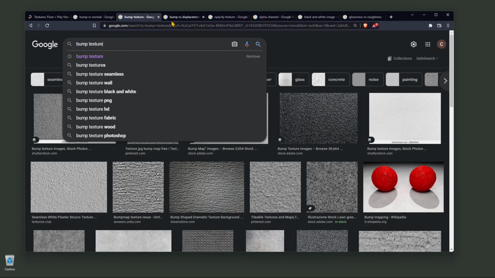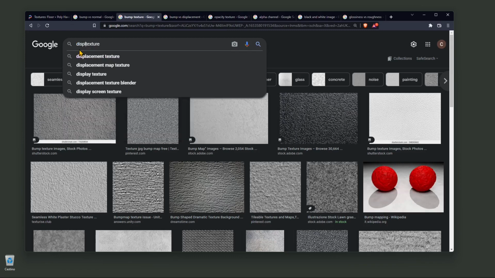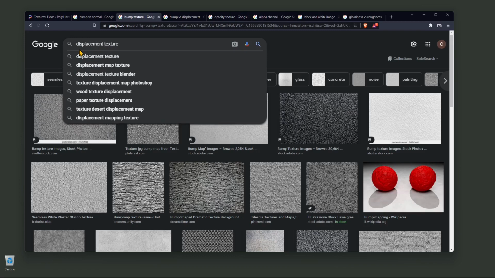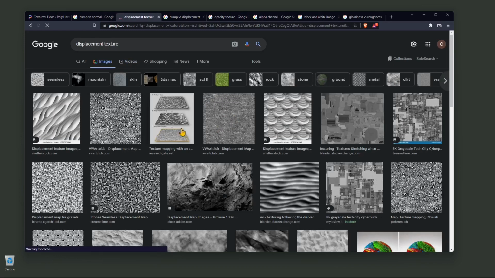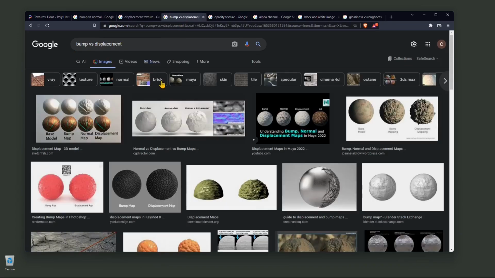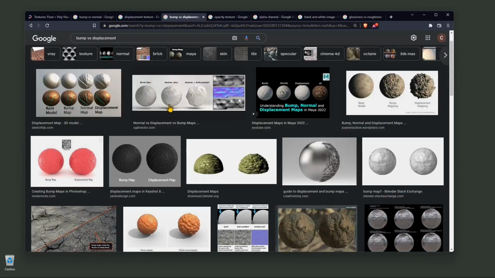And the displacement map is just like the bump map. So it's a black and white texture or map. So the black represents the part that is not extruded, the white represents the part that will be extruded the most, and then you have all the shades of gray which represent the middle values. So you can manage how your material is gonna look like in terms of these superficial 3D reliefs or displacement just by applying the texture and again